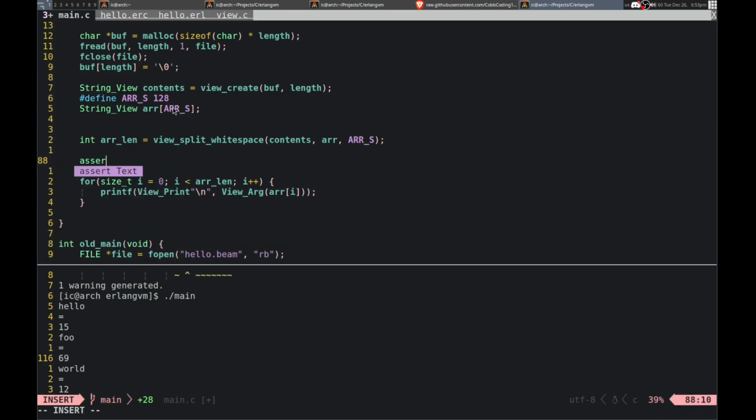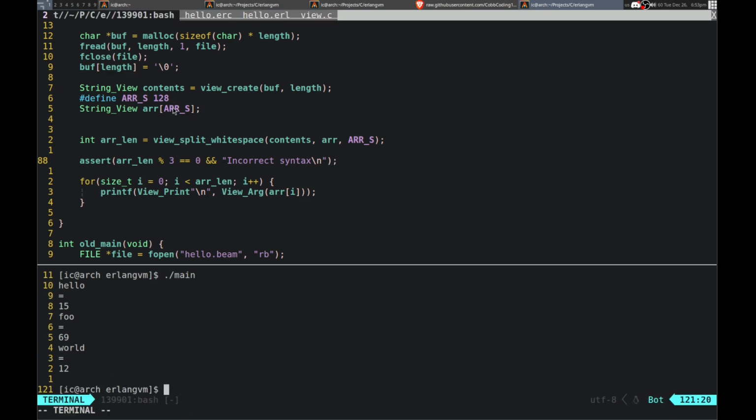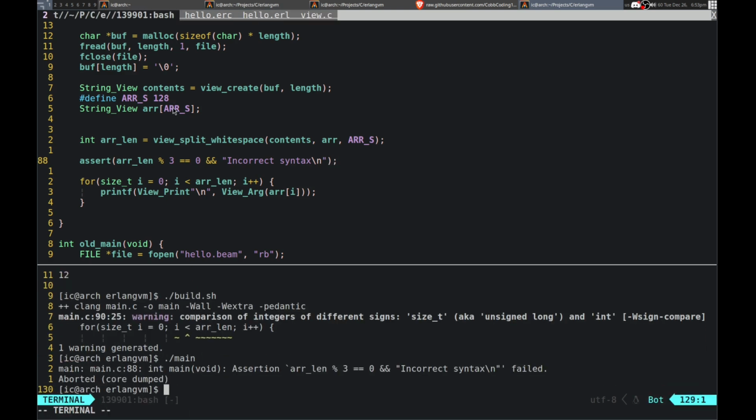Actually, I can just assert because it doesn't really matter: array length mod 3 equals 0, and correct syntax. So I'm not going to give very good error messages right now. Okay, so maybe that doesn't work. What is array length?